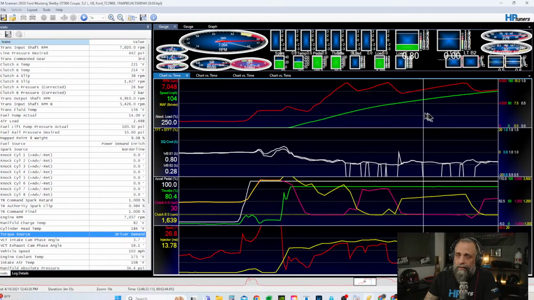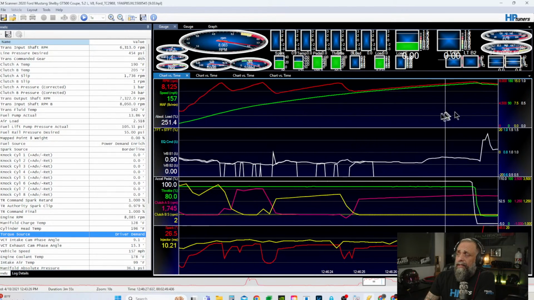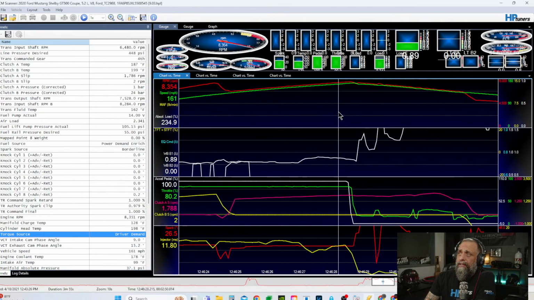Sometimes you'll see if the clutch is slipping. I don't think it did that here. It didn't have time to realize it was slipping. But if the clutch is slipping in the middle, you might see a different torque source here. And then at the end,